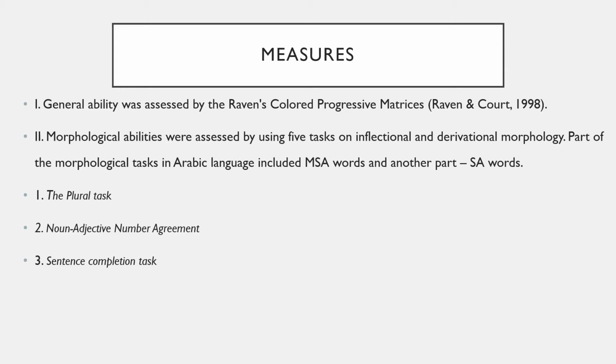So for the past tense probe test, the children were shown a series of 10 picture pairs, where in the first picture, the child is engaged in an activity, and in the second picture, the activity has been completed. So this is a house builder. He's building a house. And in the second picture, the activity has been completed, and the children have to say something like, the house builder has built the house. And the task consists of verbs in most tenses in both languages. And they were divided between singular and plural verbs, between feminine and masculine nouns, and the reliability was Cronbach's alpha